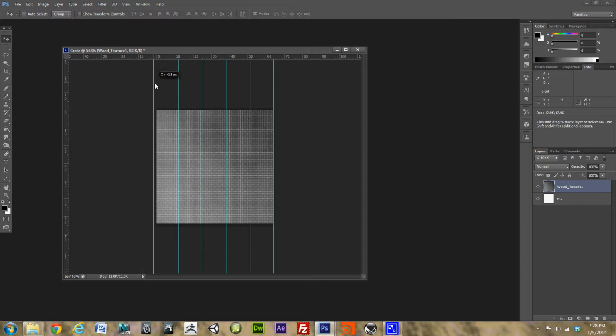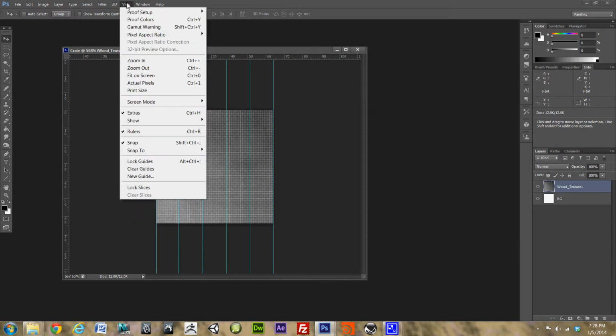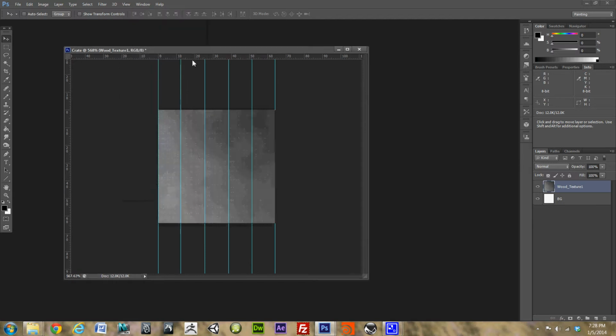There you go. Make sure you go to Window. I'm sorry, View, Snap, and what that'll do is snap to the sides. Right here, it'll take this right here and snap. And I'm using the Move tool right now. I probably went ahead, I just didn't realize it, but yeah, just press V to use the Move tool, or